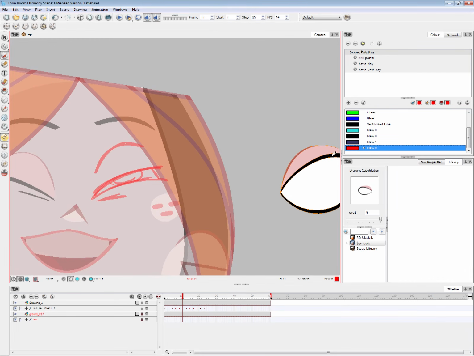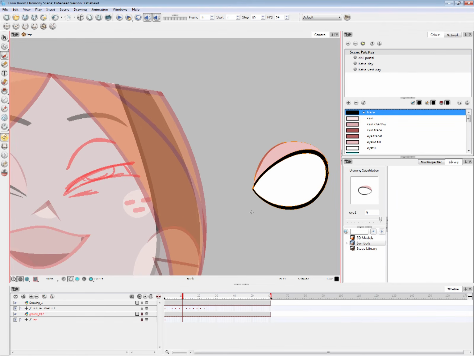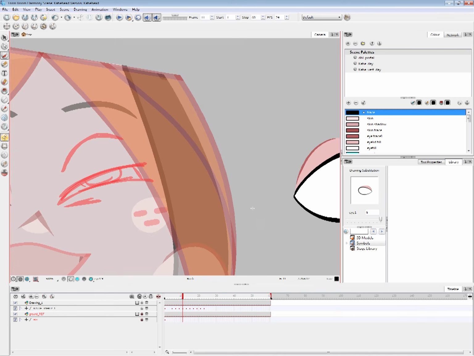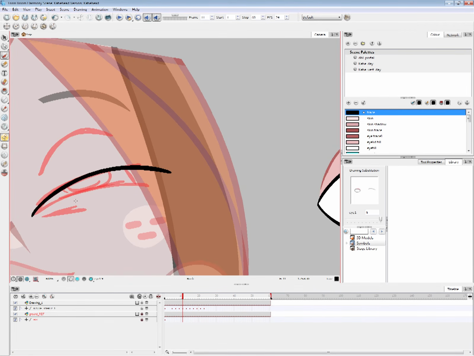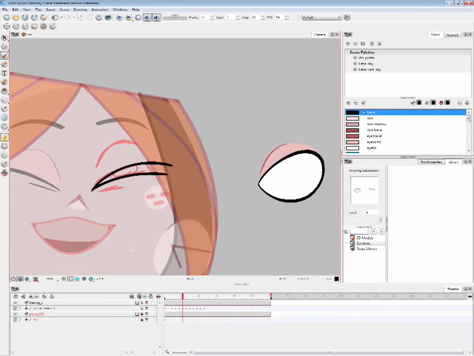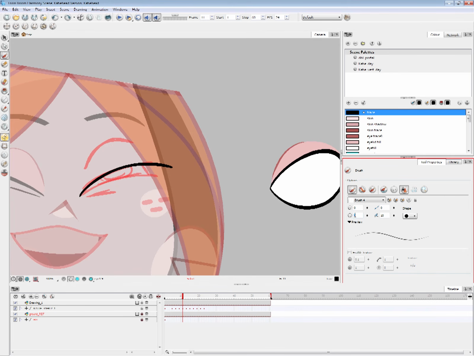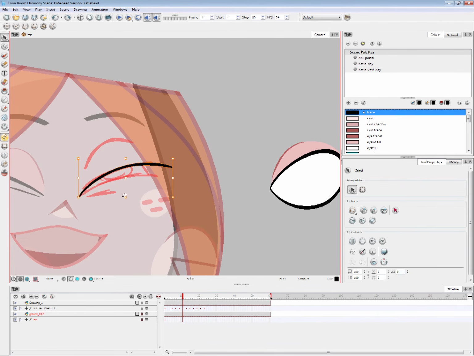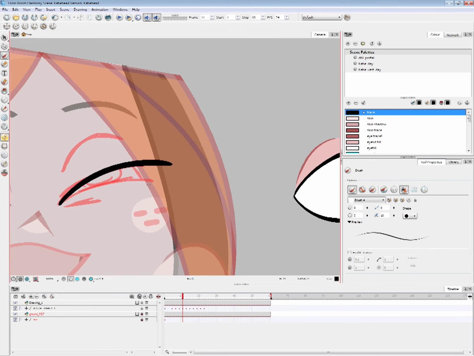I'm gonna zoom in, sample her. Sample her eyelash color. And let's see. So I'm gonna draw that. Eraser tool.